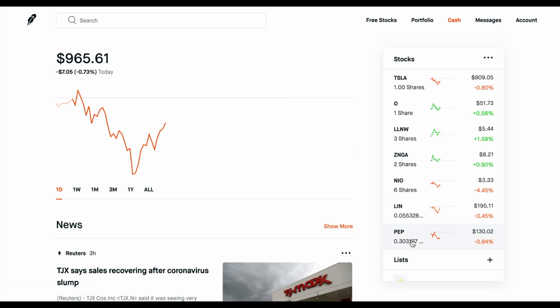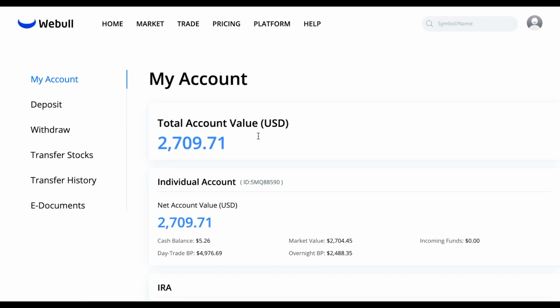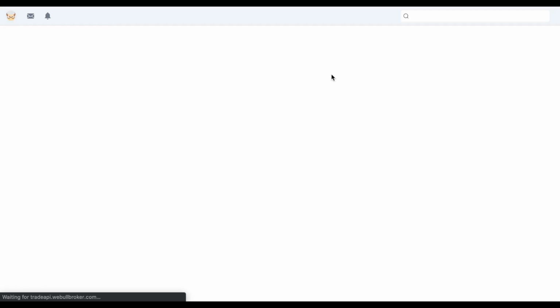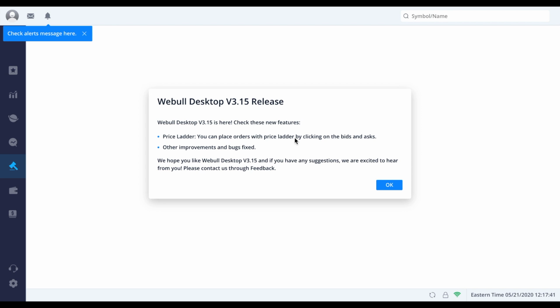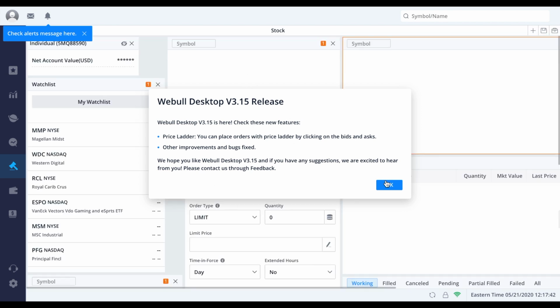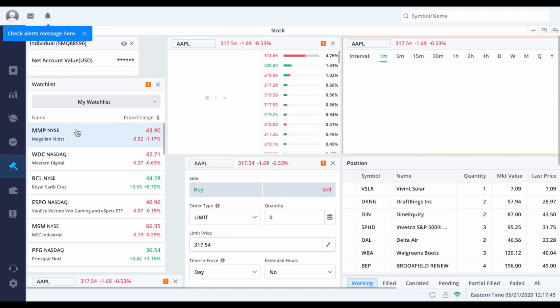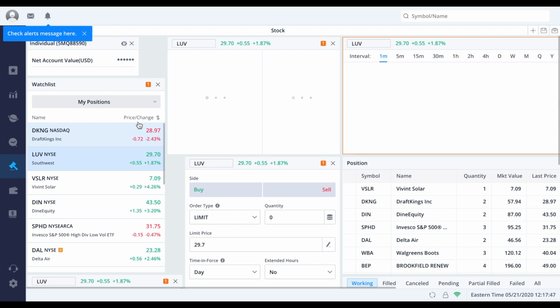So that's easy, and as you see, I have fractional shares. Looking at Webull, here's their login page, with the history that you have. If you go to trading, they have a really good web portal that is very complicated,